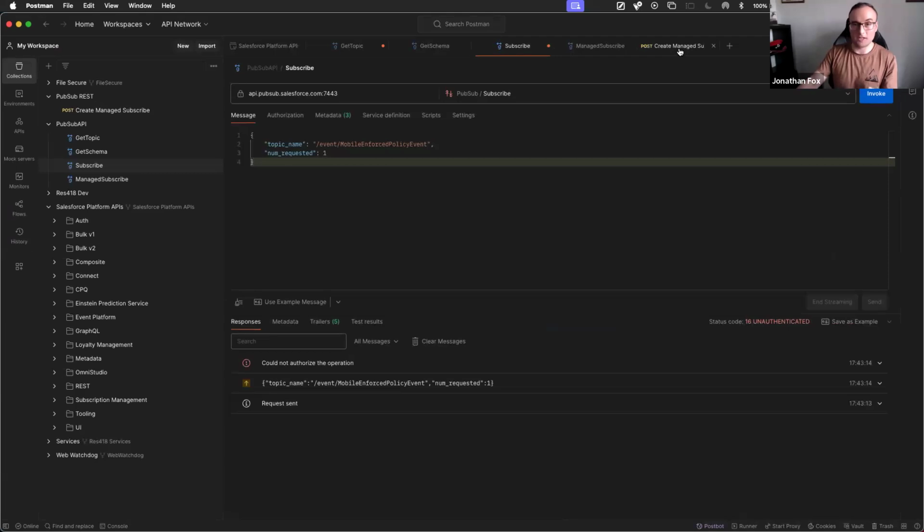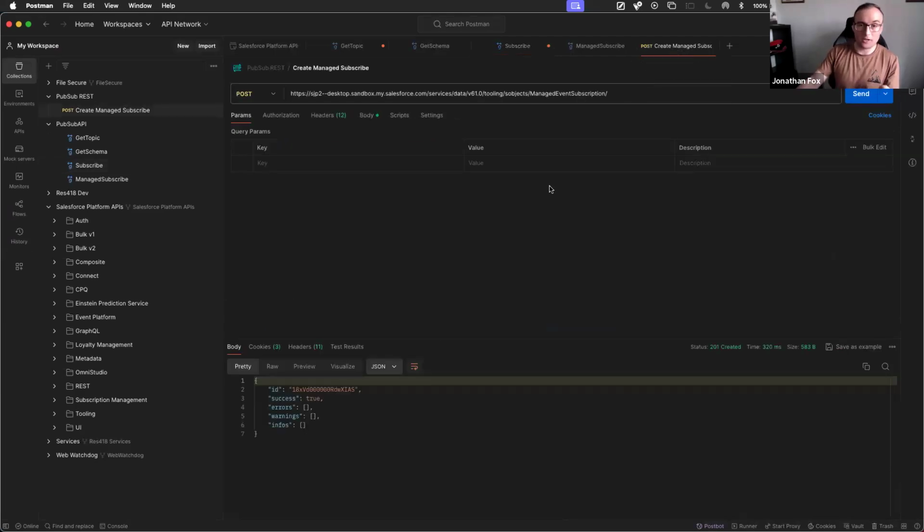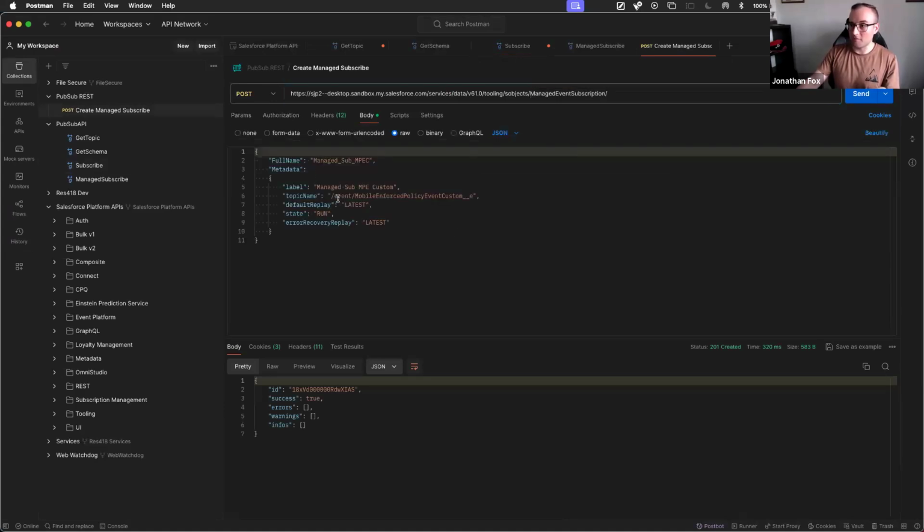The only thing you have to do is create, using the Tooling API, a managed subscription, which is really, really easy. You just say, for this platform event, I want to create something, and you name it whatever you want, this managed subscription. Then in the PubSub API, using slightly different functions, you use a managed subscribe rather than just the fetch. You subscribe to this instead of the platform event, and you're good to go. So that's the real benefit of PubSub API on top of the streaming API.